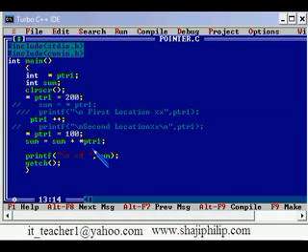Okay, here I am going to print with %x for the hexadecimal format. I am going to print PTR1 here to print the address.